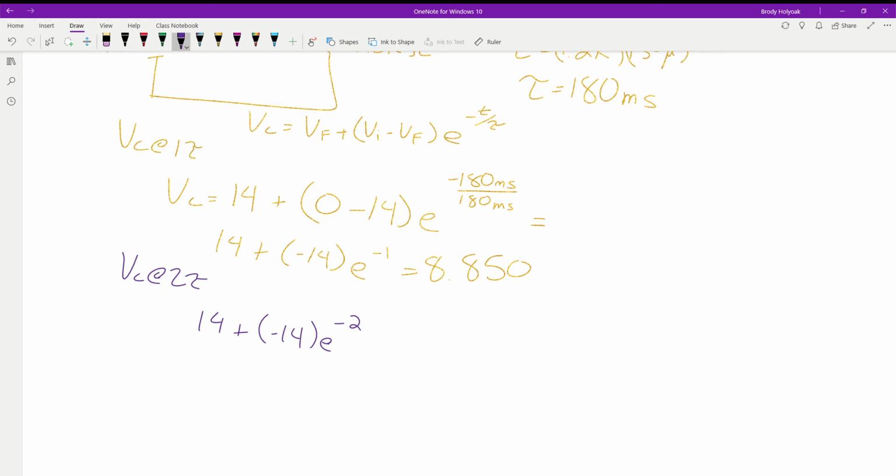Because our time, we've gone 2 tau, we've now gone 360 milliseconds. So we have negative 360 milli over 180 milli. So when we're dealing with tau, we can completely eliminate this portion of it because we know how much time, we know the relationship. We're looking for 2. So if we plug this value in,